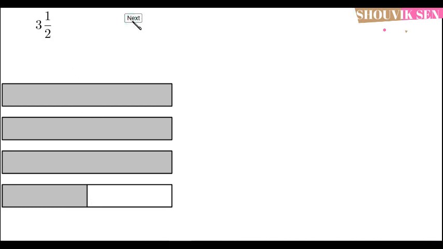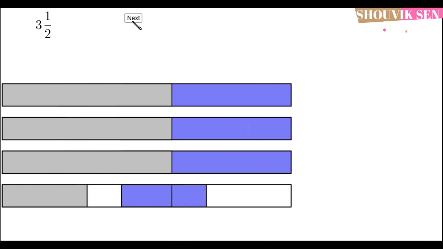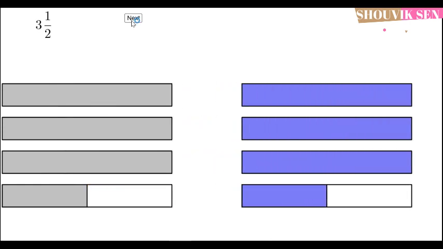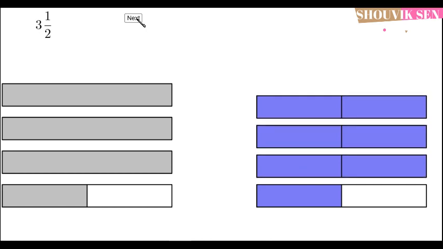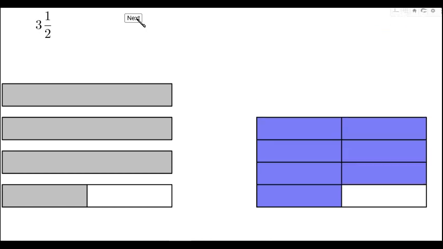Now let us just copy this entire thing, and we will see what 3 1/2 is equal to in terms of normal fractions, where we have only the numerator and the denominator. So we are dividing all the 3 blocks into halves. Now you can see how many colored blocks we have? We have 1, 2, 3, 4, 5, 6, 7. 7 colored blocks. It becomes 7/2, because we are dividing one block into 2 parts.